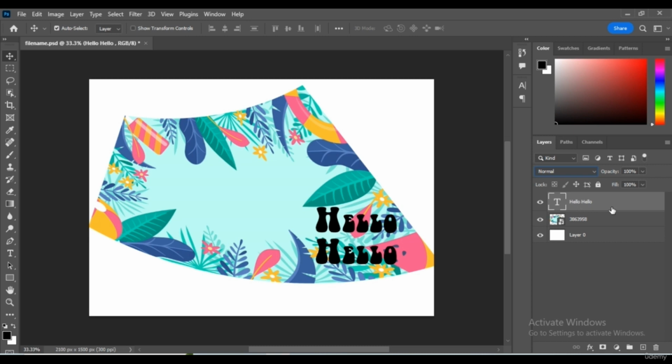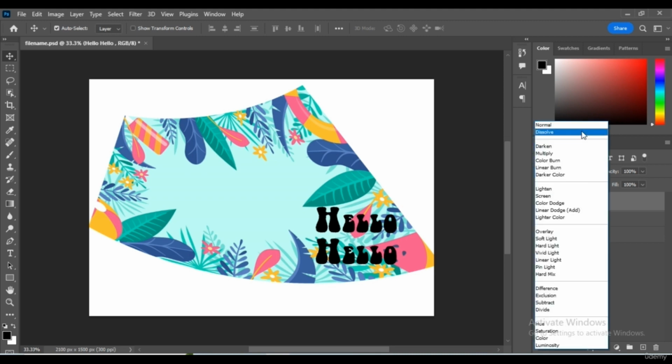So if you click an active layer over here, then it will affect the layer below it if we put some blend modes over the top of the active layer right here. So if you put normal here, you can see normal effect.